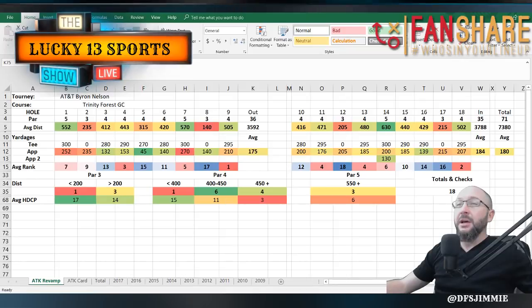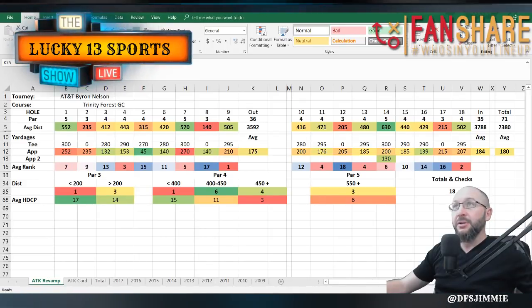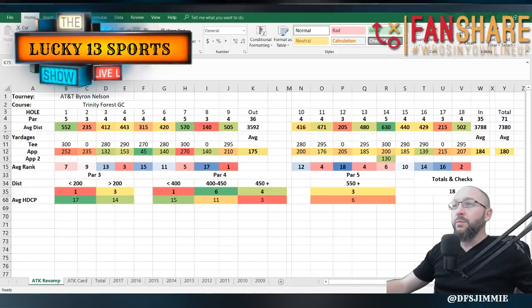The tour pros, I don't believe, have ever seen this. I'm sure there are some guys on tour that live out in the area that have played this, but for the most part, this is a brand new golf course for everybody on tour. And the thing about it is, it's not like most golf courses here in the United States, folks. This is a full-blown links golf course 100% of the way, designed with links in mind,